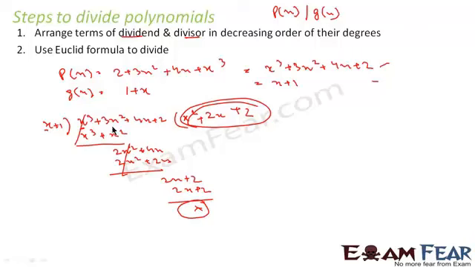The Euclid formula obviously is like this only. You have this number, you have to divide the big number by this number. You keep dividing this. That is, if you have p(x), that can be written in the form of g(x) into q(x) plus r(x). This is the remainder. Correct? This is g(x), so this is my g, this is my p, this is q, and this is r. We'll take some more examples to clear our concept.